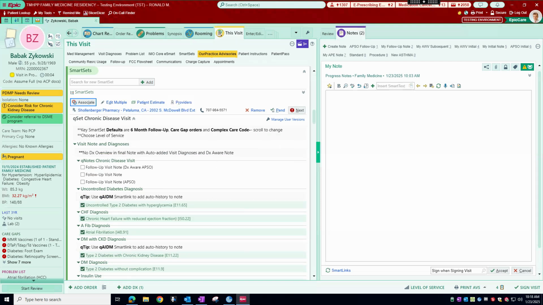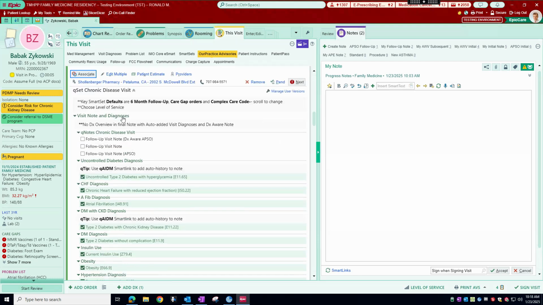Okay, so we got our SmartSet listing here. If I have some particular comments, those will be in asterisks up at the top. So this one says, okay, the key defaults, some things that are checked at default: there's going to be a 6-month follow-up visit clicked as a default, but you can change it. The care gap orders and the labs do orders, those will be pre-checked, as well as